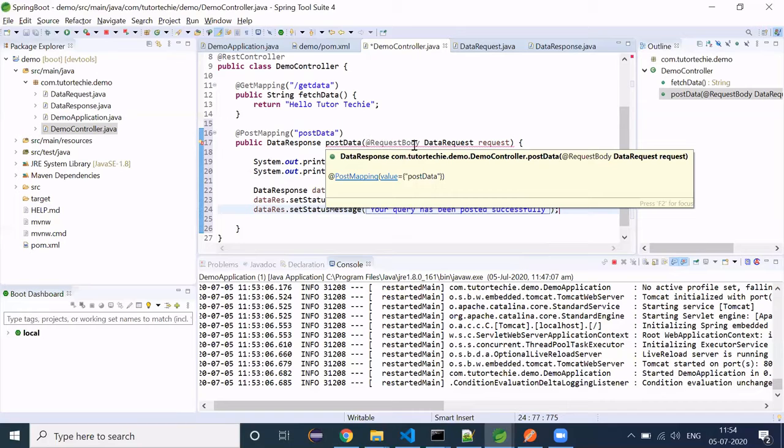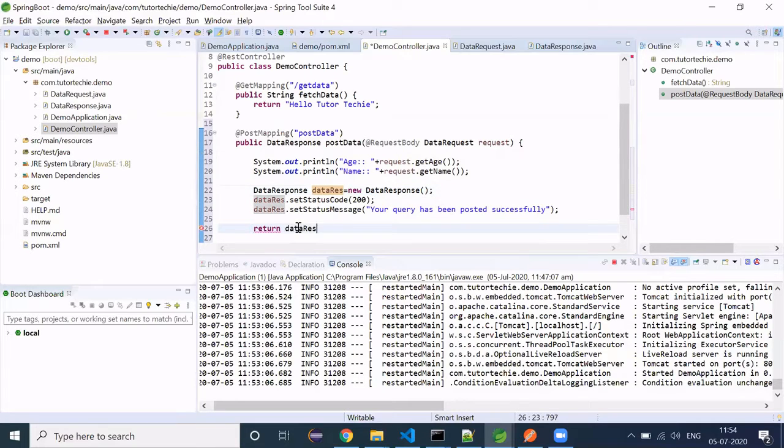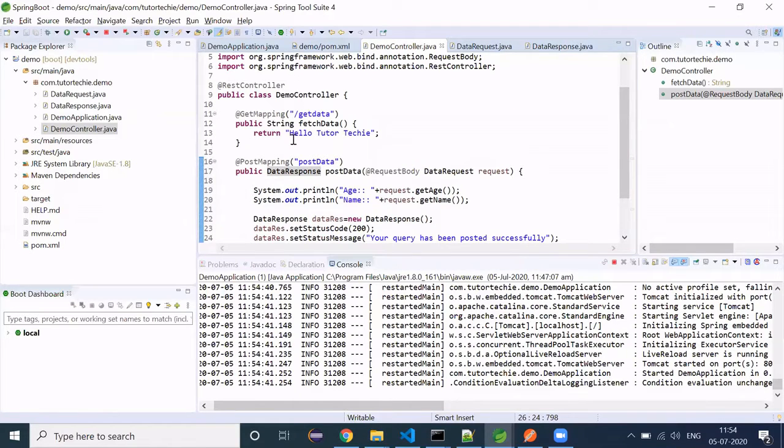Post data at the request body. What is there? Let's find it out. Oh, we are not returning. Oh, sorry. So now we need to return data response over here. Yeah, looks good. So now let's test this